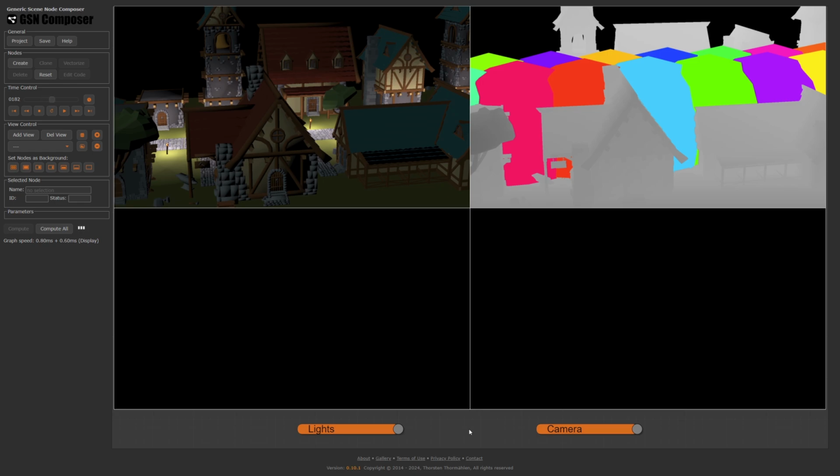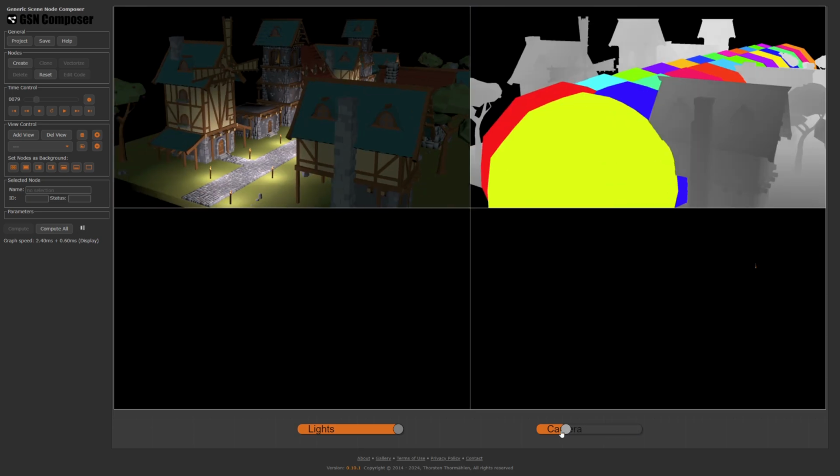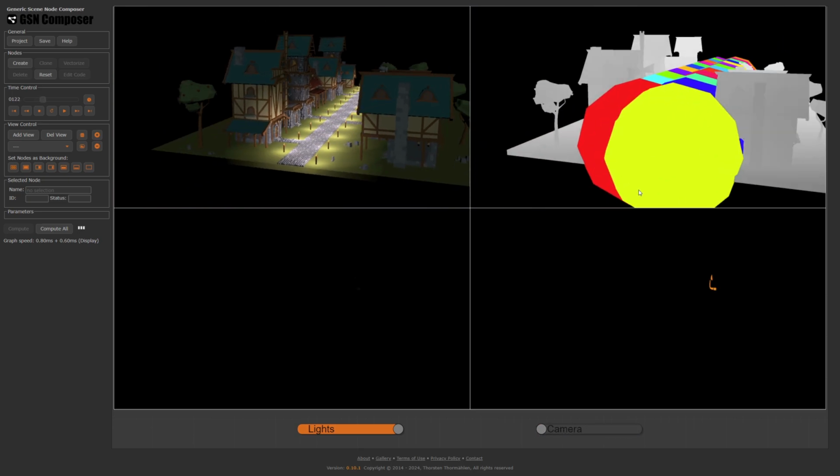For each light source we render a bounding volume around the maximum light range. This could be a bounding box or a bounding sphere. In the shown example, a bounding icosphere is used. Let's move the camera over here to see what's going on. On the top left you can see the rendering output. And on the top right the depth buffer together with the color-coded bounding spheres of all 25 point lights that are used in this example.